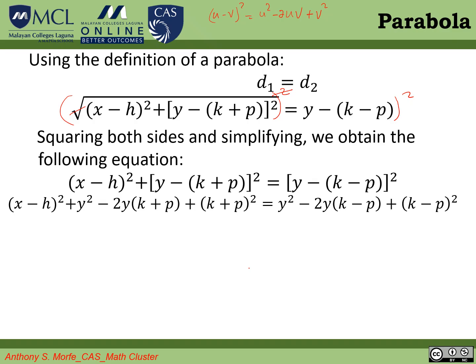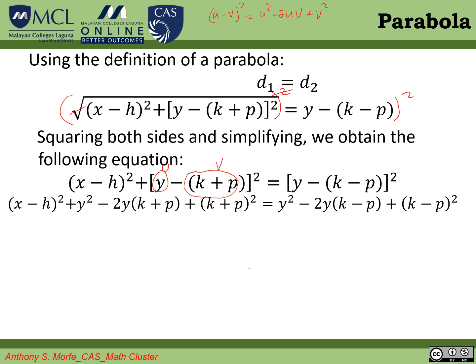We just retain this first term. We just expand the second term here. So following this, u minus v, if you consider this part as our u, okay, sorry, this is our v, and this is our u. So we have u squared, we square the first term, minus twice the product of the first and second term, then plus square of the second term. So this is the one.